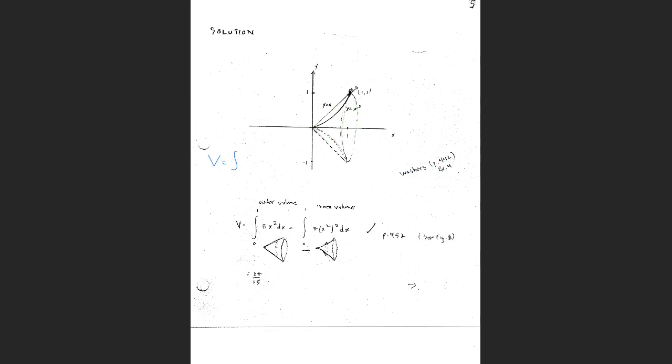How do we get this cross-sectional area? Well, let's look at the Hershey's Kiss. If we were to take the Hershey's Kiss and cut it up into slices and look at the cross-sectional area of each slice, the cross-sectional area would be